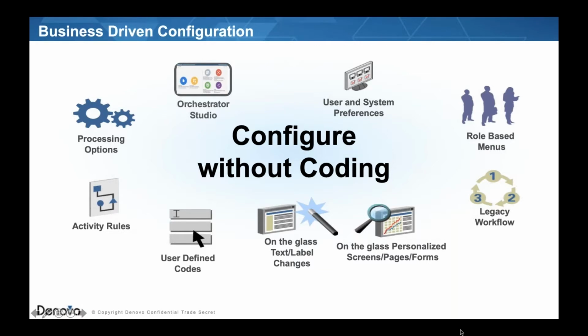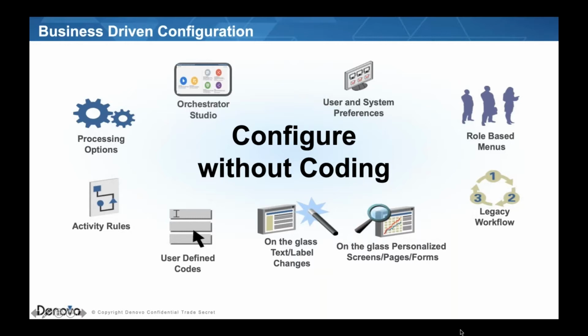JD Edwards has always been a low-code to no-code solution. And from those beginnings, we always wanted to make sure that things were more configurable, with less coding. Things could be done quickly, efficiently, and could change, and you're not locked into someone's idea of an application, but one that could act different ways depending on what we do. So we've always had these great features such as user-defined codes, activity rules that drive how a process goes through